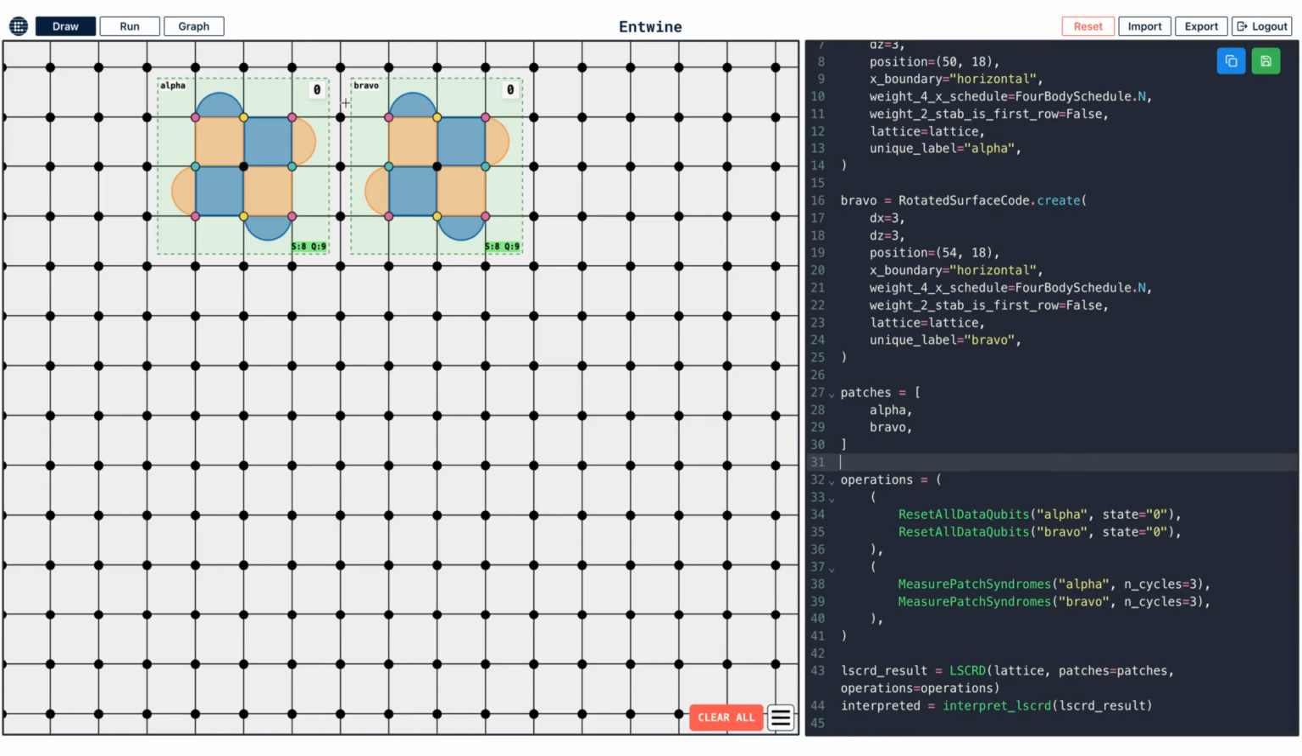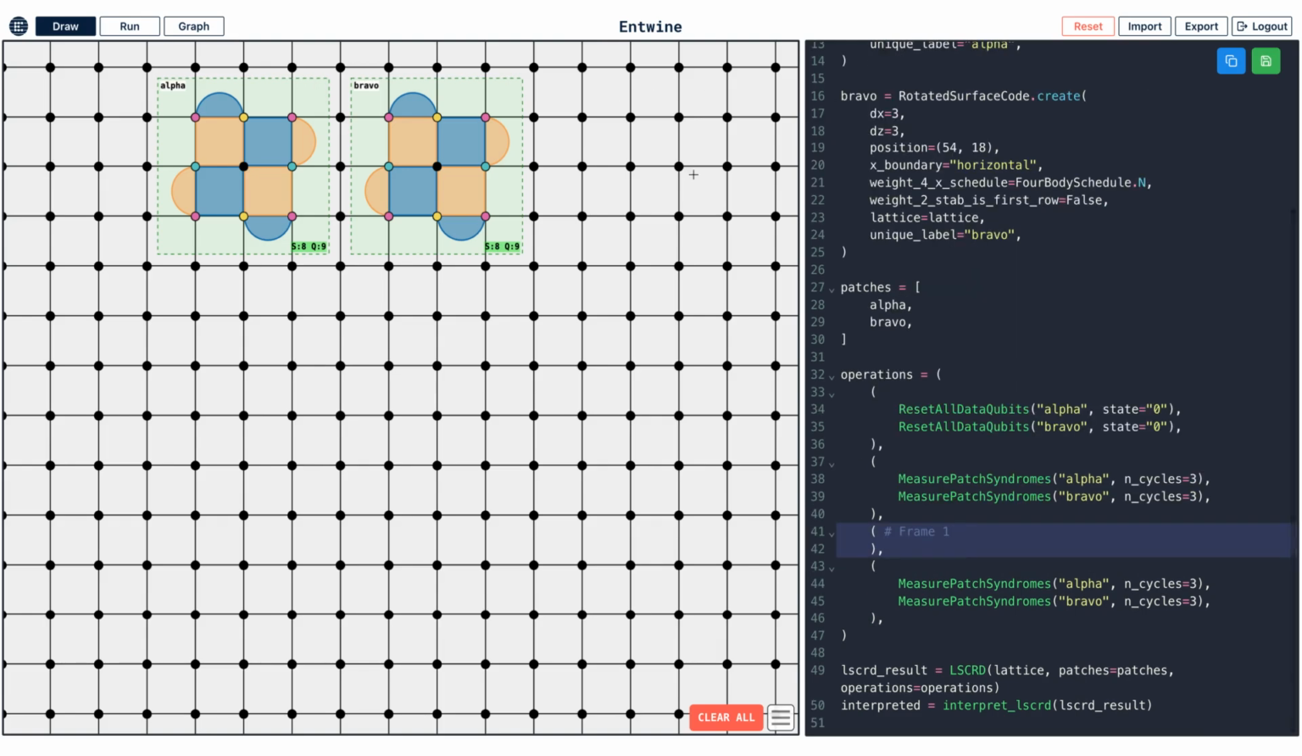But if I want to add a new operation, suppose I want to merge these qubits together into a larger surface code qubit, I can do so. I press E on the keyboard. Oops. I press E on the keyboard,